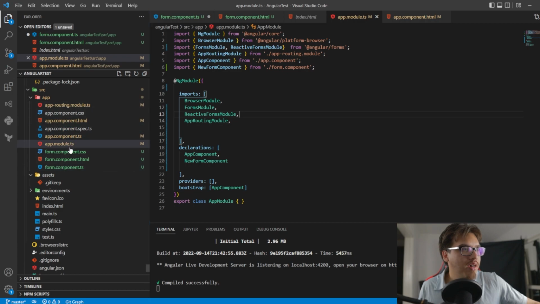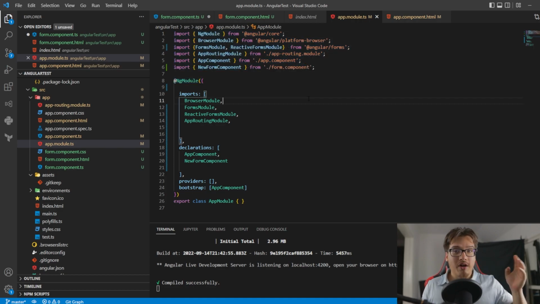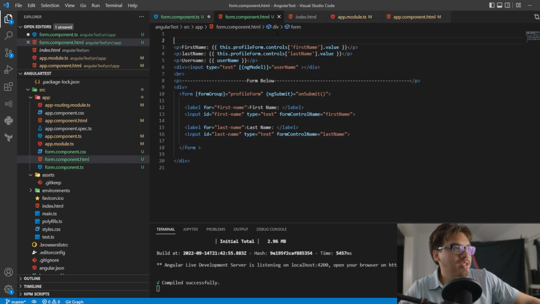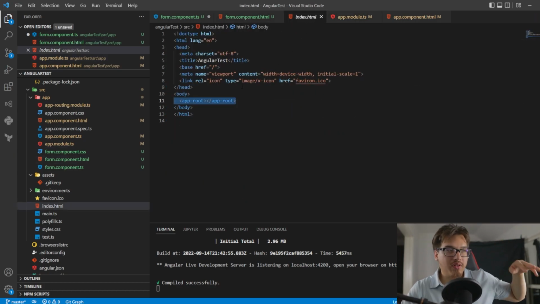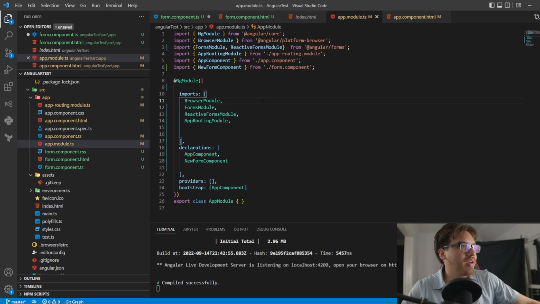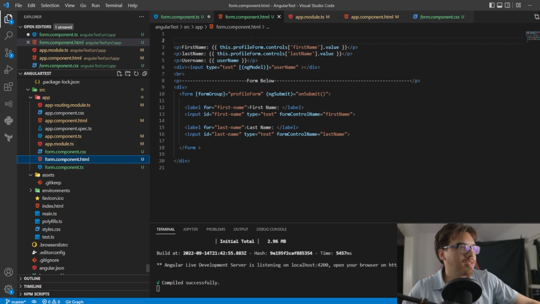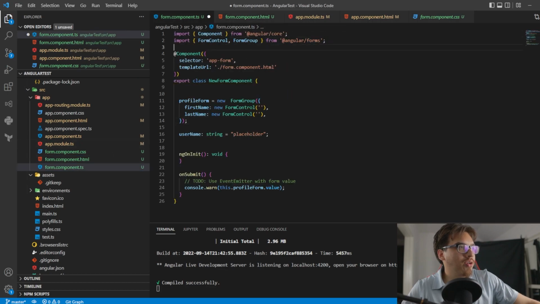If I go to the NgModule, this is how we initially import all our modules. So stuff that we need in order to have access to certain libraries, these are modules, or certain pieces of code across our program. And then just like in Blazor where you have importing different libraries and stuff, you will do the same thing in there when you want to do it. So you're doing something similar in the app module. I will go to my form component instead to show you that I'm importing